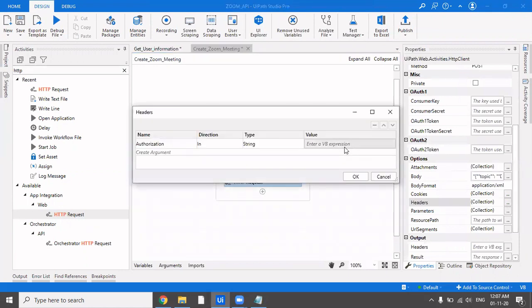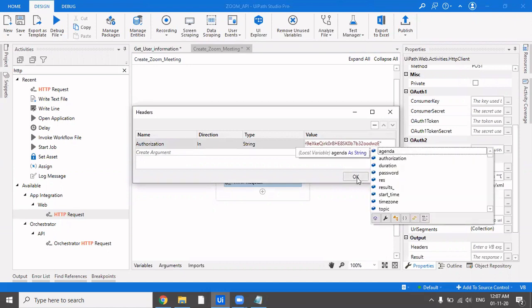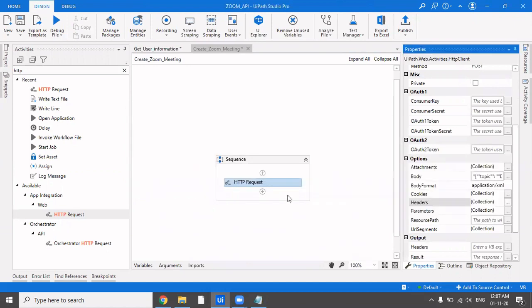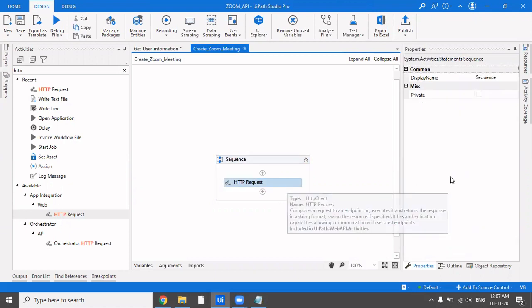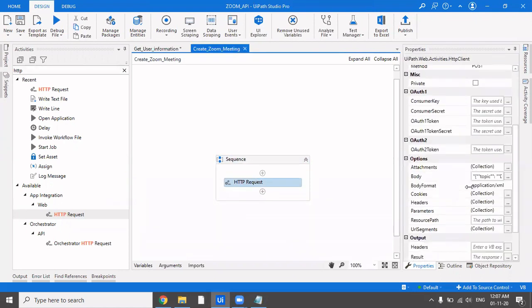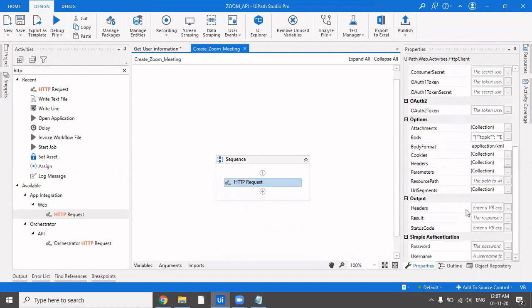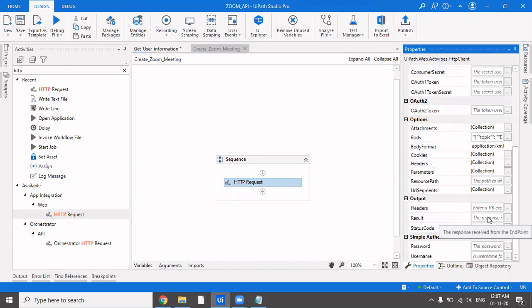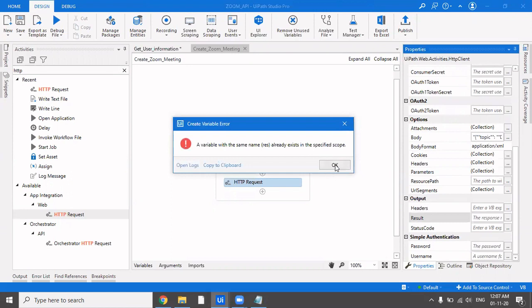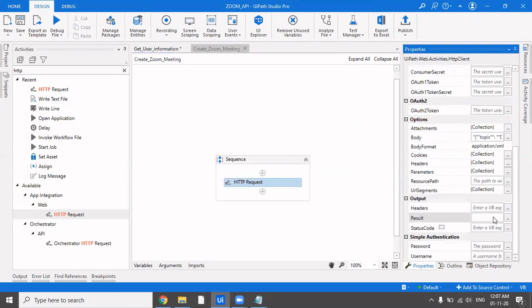Let's go to header. So integrating the Zoom thing has a lot of applications or usage. There are a lot of organizations which are using it, and it could be used extensively. Obviously, I cannot show you all the APIs because I do not have a premium account, but this is how every API works. So if you just have a fair idea of a few of the APIs, you'll be able to crack any of it.